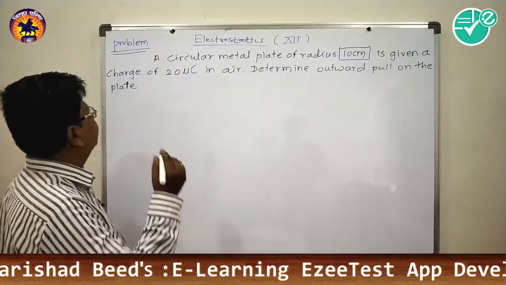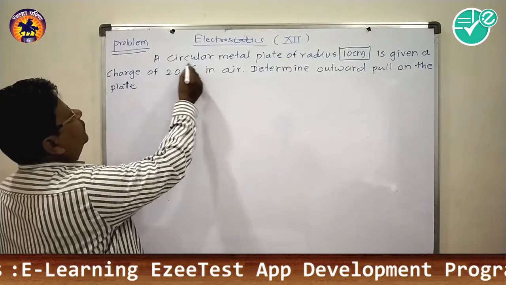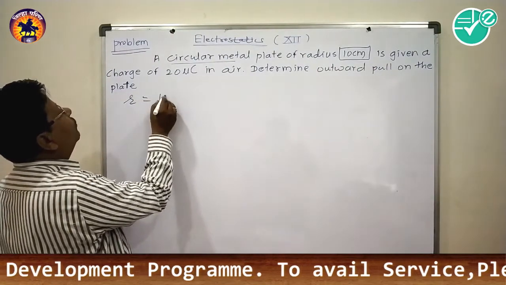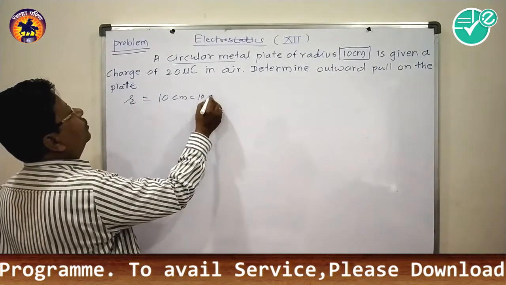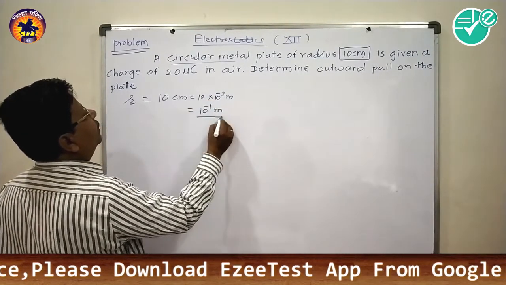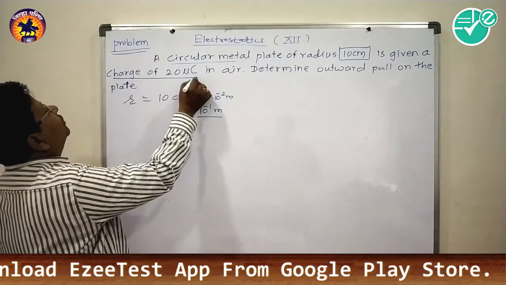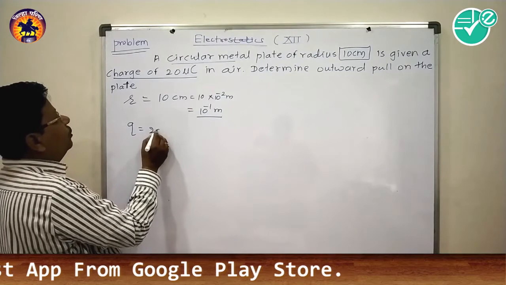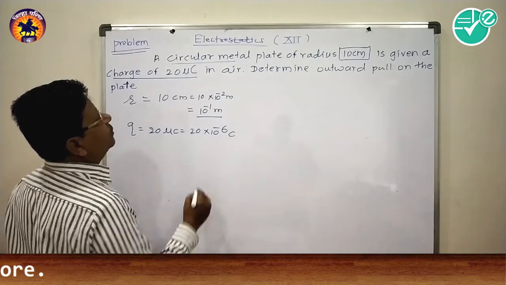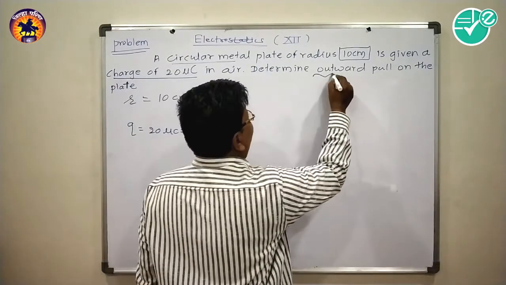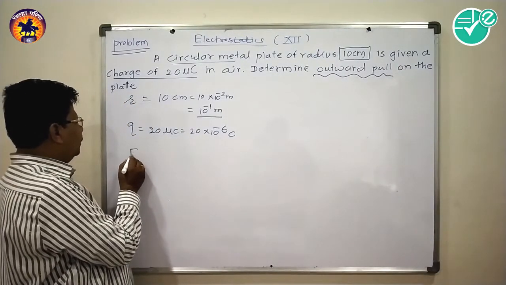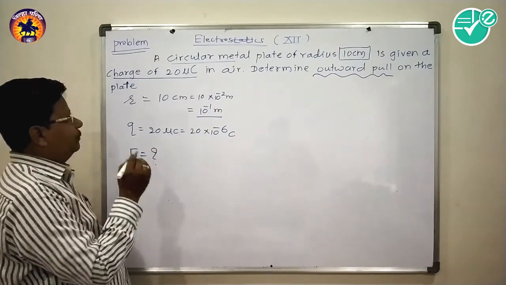So in this case, radius of circular metal plate is given, small r, which is equal to 10 centimeter, 10 into 10 to the power minus 2 meter, which is equal to 10 to the power minus 1 meter. Again, a charge is given, q, which is equal to 20 microcoulomb, equal to 20 into 10 to the power minus 6 coulomb, and we have to calculate the outward pull, and the outward pull is equal to capital F,